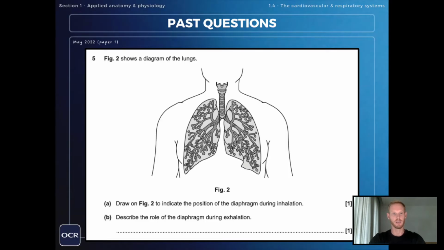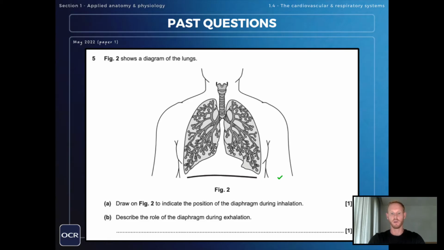Okay, let's begin. Figure 2 shows a diagram of the lungs. Draw on Figure 2 to indicate the position of the diaphragm during inhalation. During inhalation, which means breathing in, the diaphragm contracts and flattens, increasing the volume of the thoracic cavity and lungs. So to get the mark here, we need to make sure that the diaphragm is relatively flat and not domed